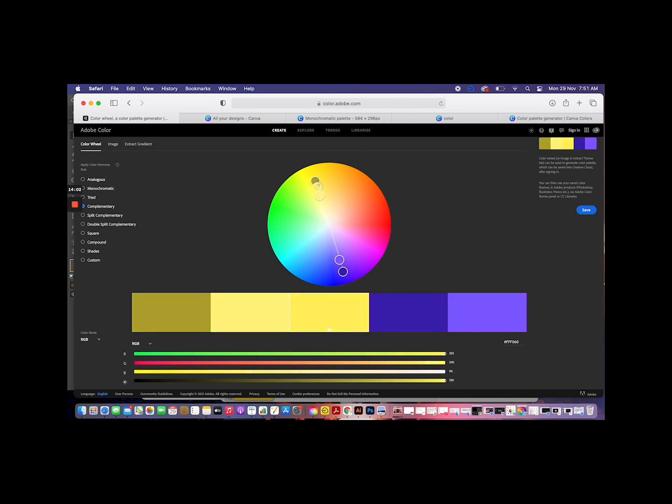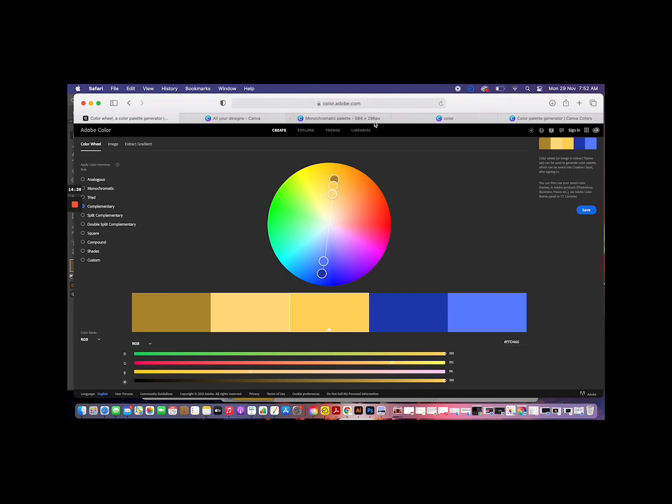So the closer I get to the orange, the closer the purple moves to the blue. So this tells me that orange and blue are still colors that can work together to some extent, even if it's not complete. Now I want to edit this palette. I want to make this color a little richer. So what I will do is take the individual RGB slider and just move it until it comes to a state where I am happy. So now my complementary colors are colors that are directly opposite each other and things that can actually work together.